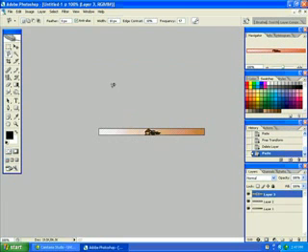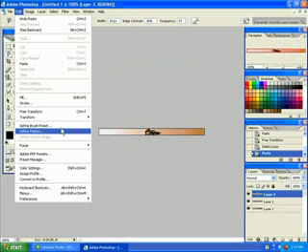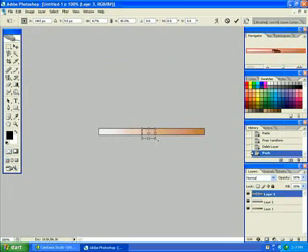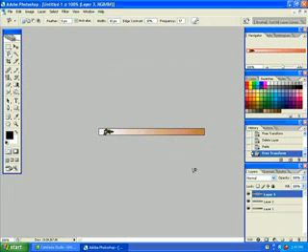Then paste it, go to Edit, Transform, Scale, and scale the image down to something like that. Alright, now